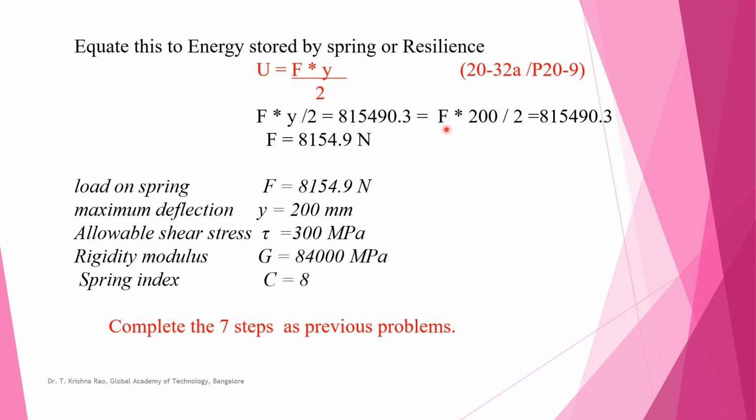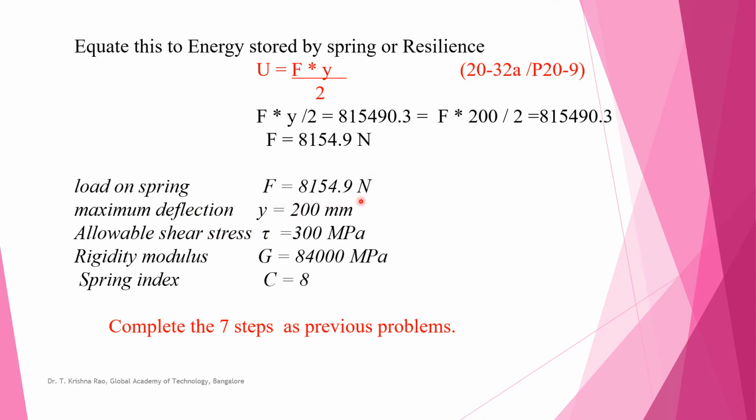So how much is the equivalent force we have to apply? What force we have to apply to give you the same type of energy? So this is the force we have calculated. How we have calculated in this case? We first find out the kinetic energy, half mv square, then equate that to Fy by 2, then y is given to us. We will find out the equivalent F to be applied to give you the same condition. After this, 7 steps are very easy.